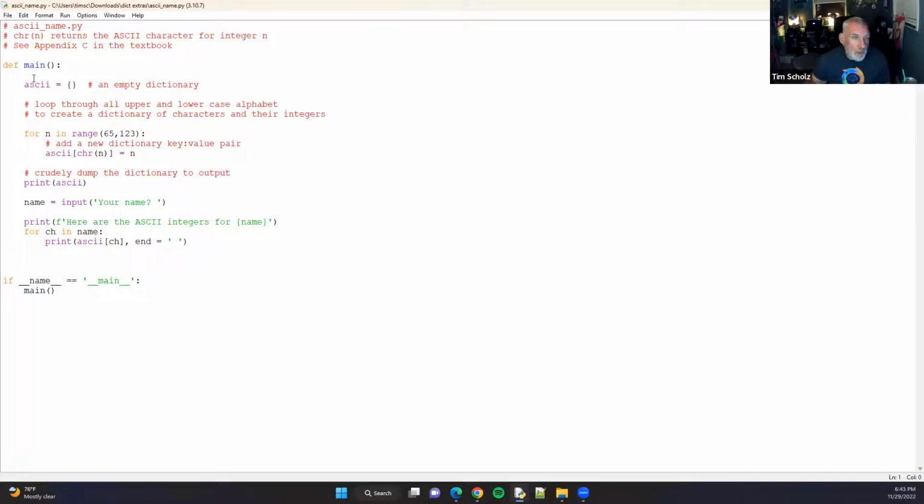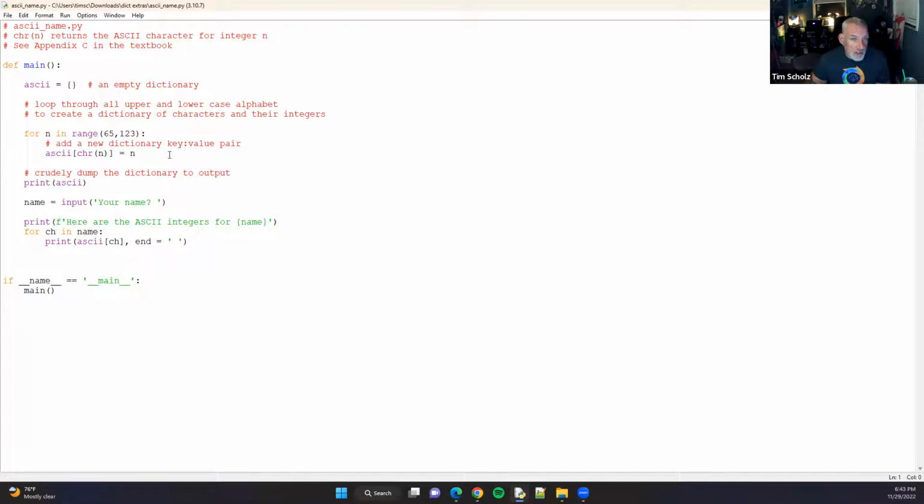So first thing it does is it creates an empty dictionary of ASCII. And then it uses this loop, for n in range 65 to 123, which are the ASCII values. And it goes through and says, hey, go through and